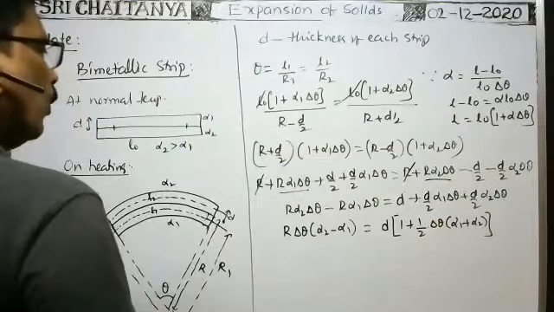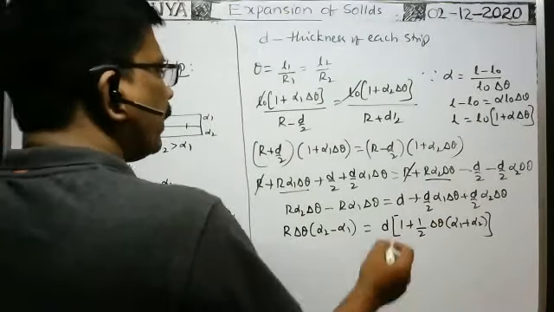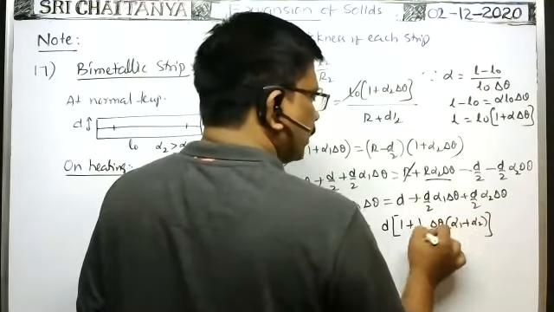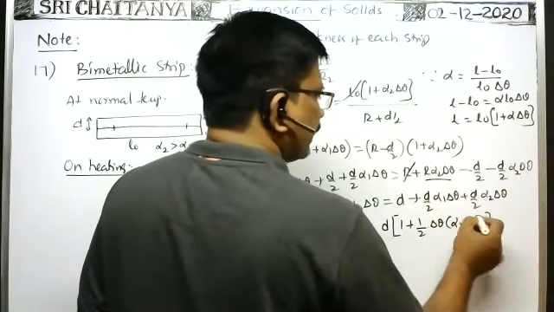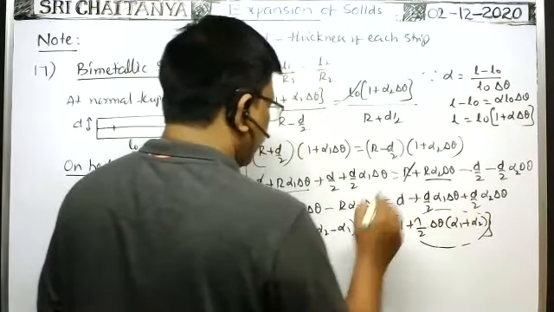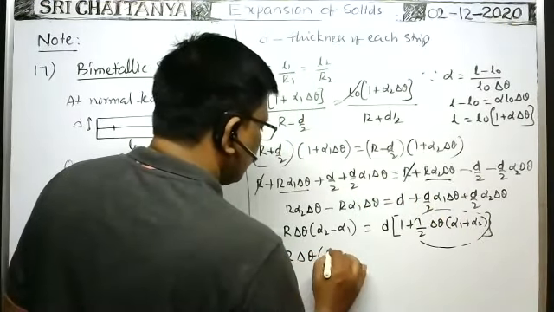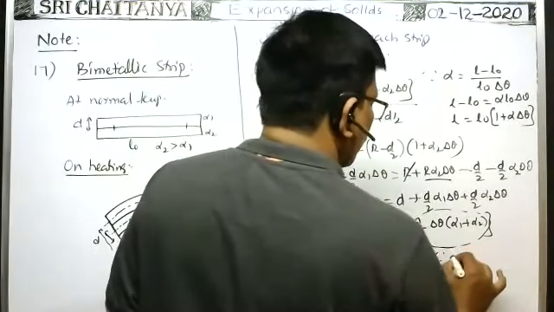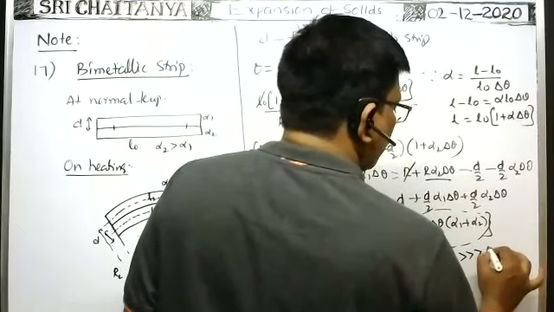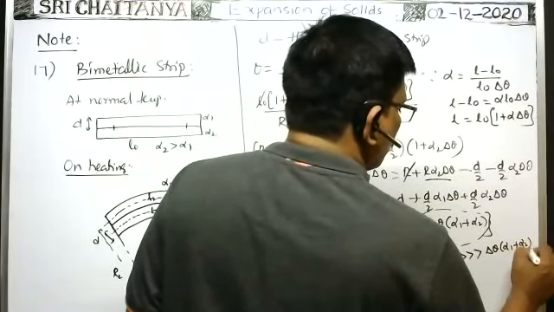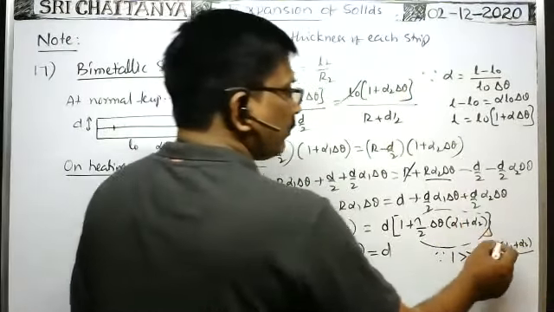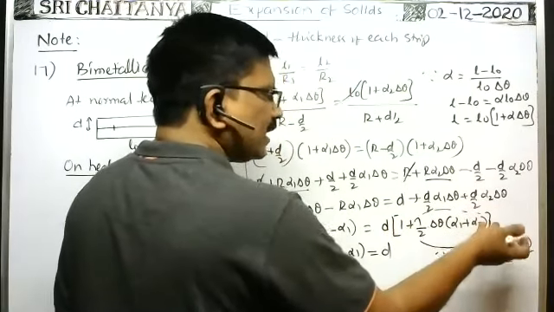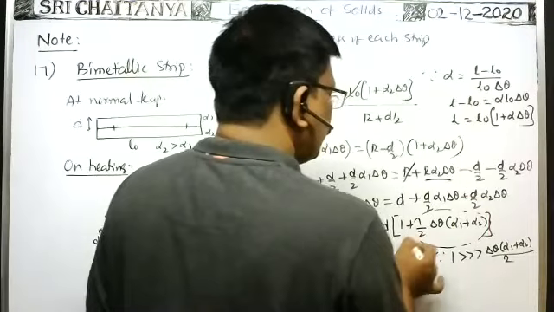One by two. Therefore, when compared with 1, this alpha 1 plus alpha 2 into delta theta by 2 is very, very small. That's why it can be ignored. This part can be ignored when compared with 1. Therefore, r delta theta into alpha 2 minus alpha 1 is equal to simply d into 1, d only, since 1 is by far greater than delta theta into alpha 1 plus alpha 2 by 2. Alpha 1 value is like 0.502. Compared with this one, that is negligible. That's why you neglect this term. Then d into 1, d.